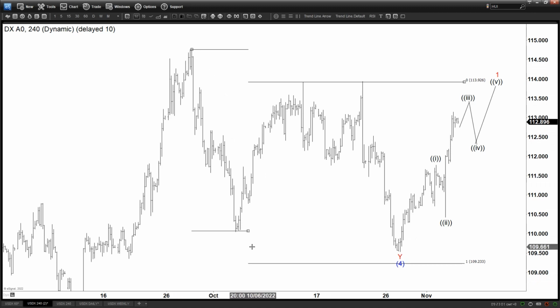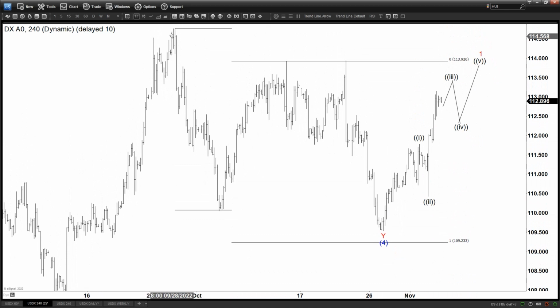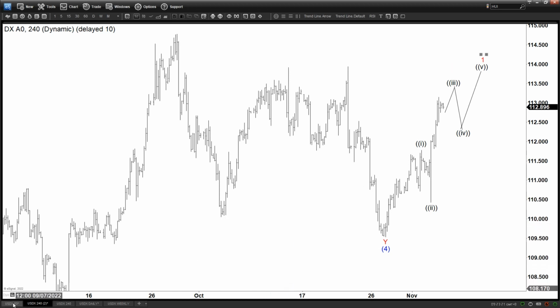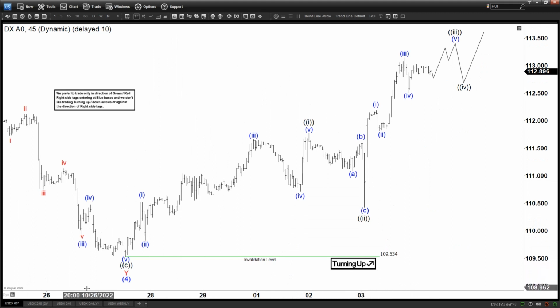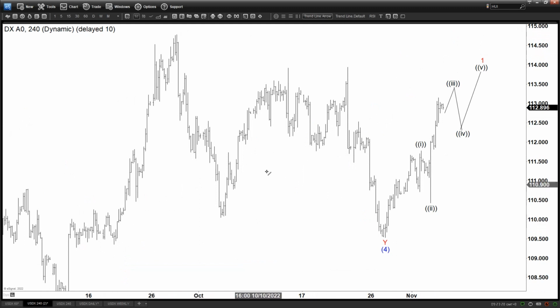In an impulse, usually the third leg will go to 1.618 extension. This is a clear 3 swing and 100% extension, basically, more or less, right? So that tells us that the higher degree trend still remains bullish in the dollar index. Now the reason that we can see the arrow is black turning up, because if we look at it here, yes, we did get 3 years pullback, and yes, we rally again, but at this point, unless, okay, so first of all,